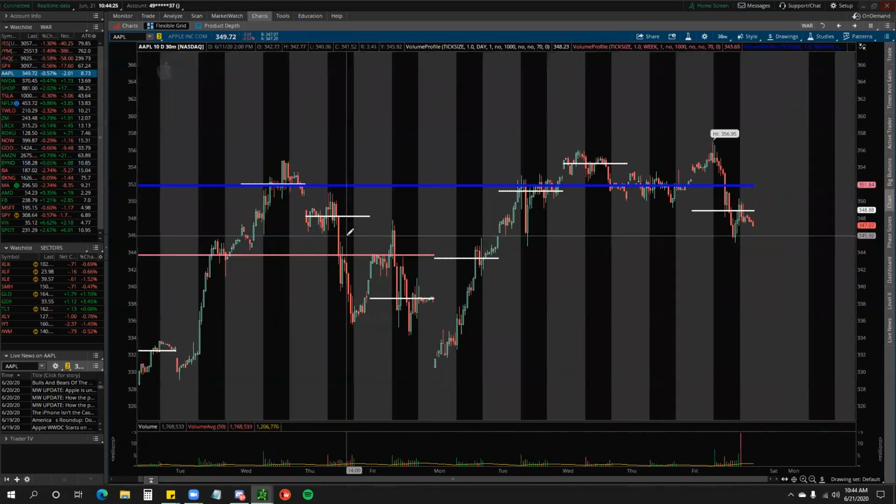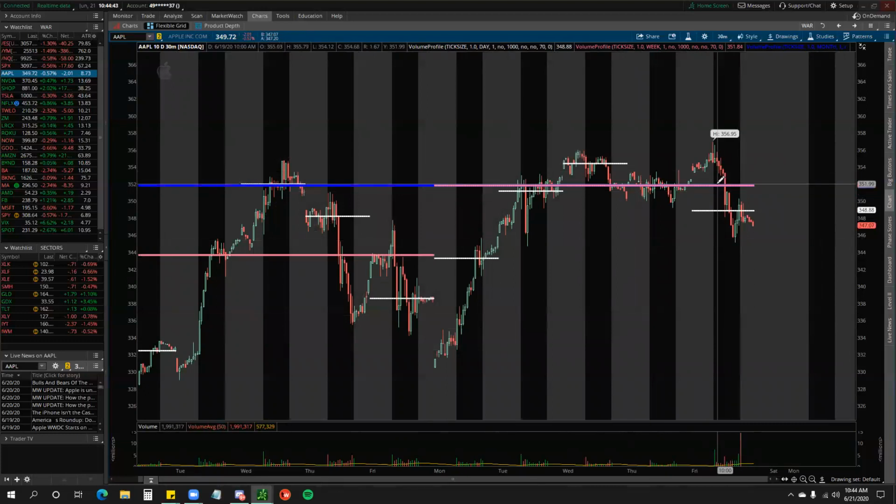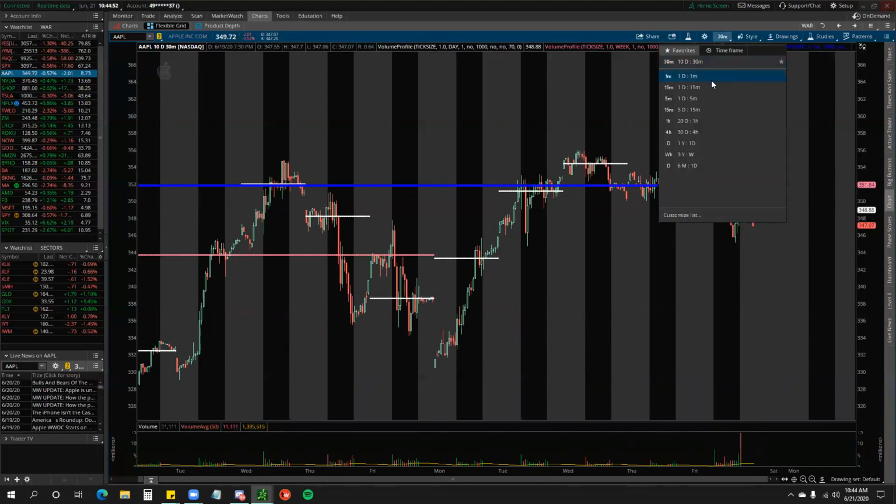Going to go through this one more time just to summarize here. So again, guys, point of control is built from volume profile, only marking the biggest points, those major levels throughout the daily, week, and month to show us where big money wants it, where they can take over, right? Blue, guys, is monthly. Red is weekly. Sometimes they overlap, so you always want to check that. White is daily, and you want to use it on the 30-minute,